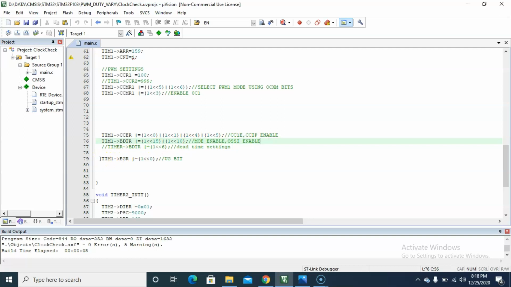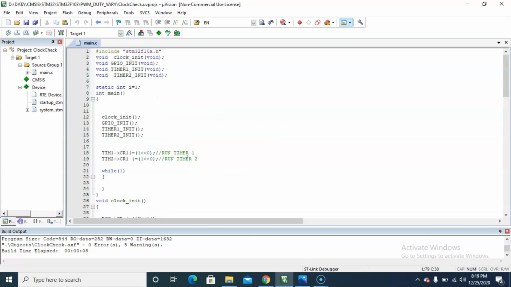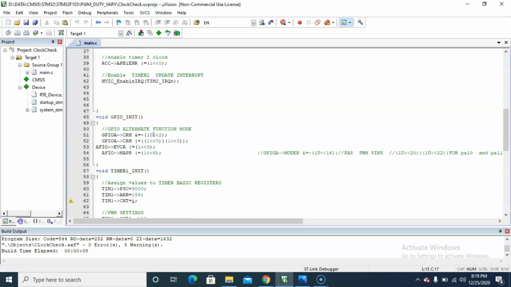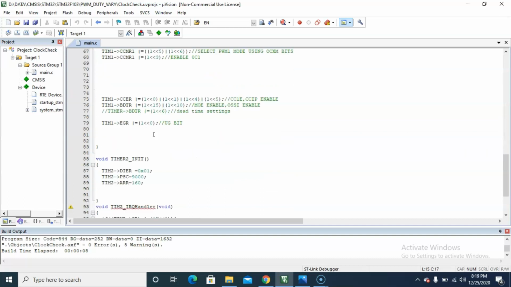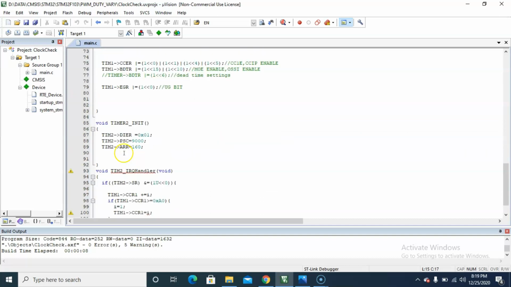After that, we have to set this bit of the EGR register, and we have timer 2 configured in the interrupt mode. We have configured the timer for update interrupt. As you can see, I am setting the value of the DIER register, so it is configured.